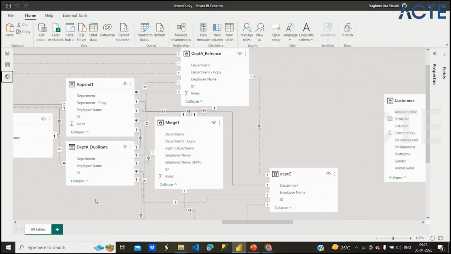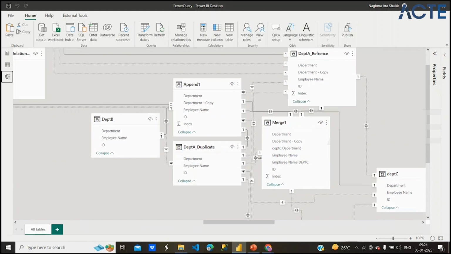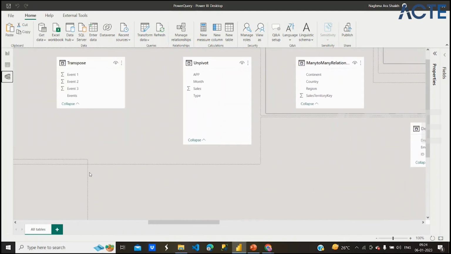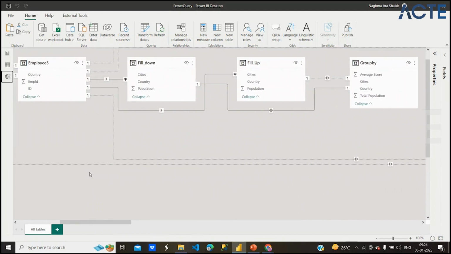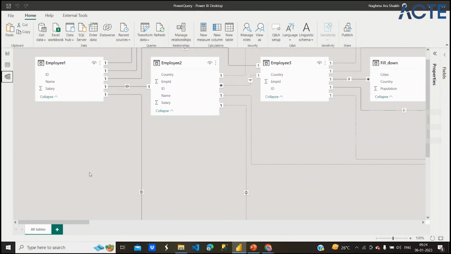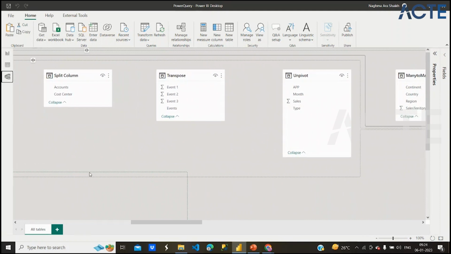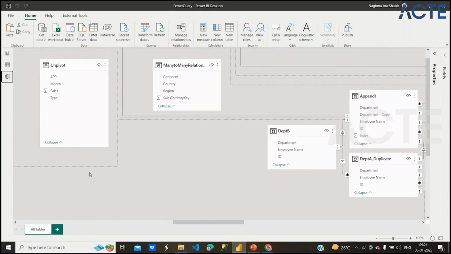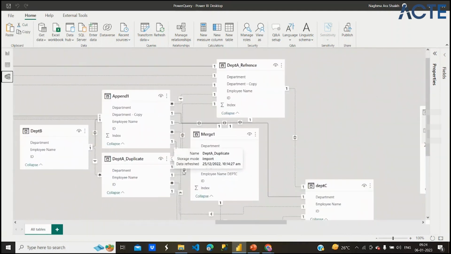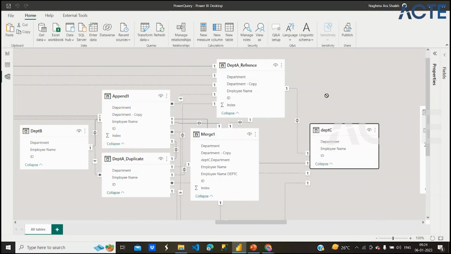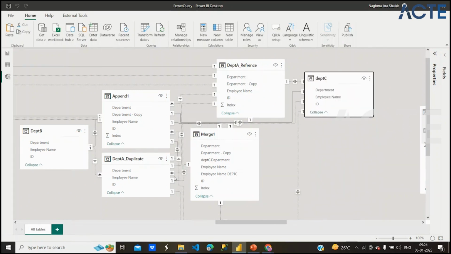In this, one to one relationship means both have unique values, and there is one to many relationship. Let me show. Many to many is where there are duplicates and references. Here it is. This is the reference and this is the duplicate. If I use this into this,